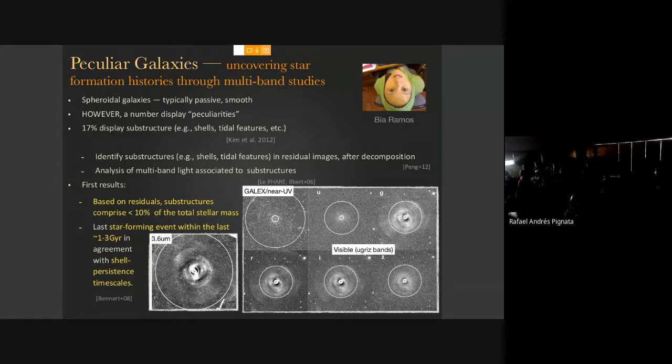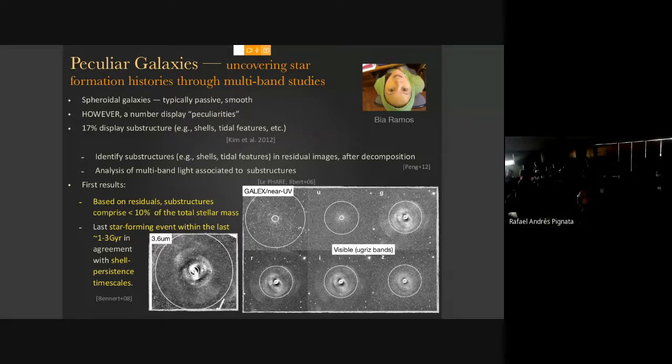But the first result, what she did that was new, was that she actually looked at the stellar population in these specific regions. So not only knowing, I mean, what we found out was that the mass contained in this region seems to be around, I think it was 13%. No, yeah, it was 10% of the total mass in the galaxy.